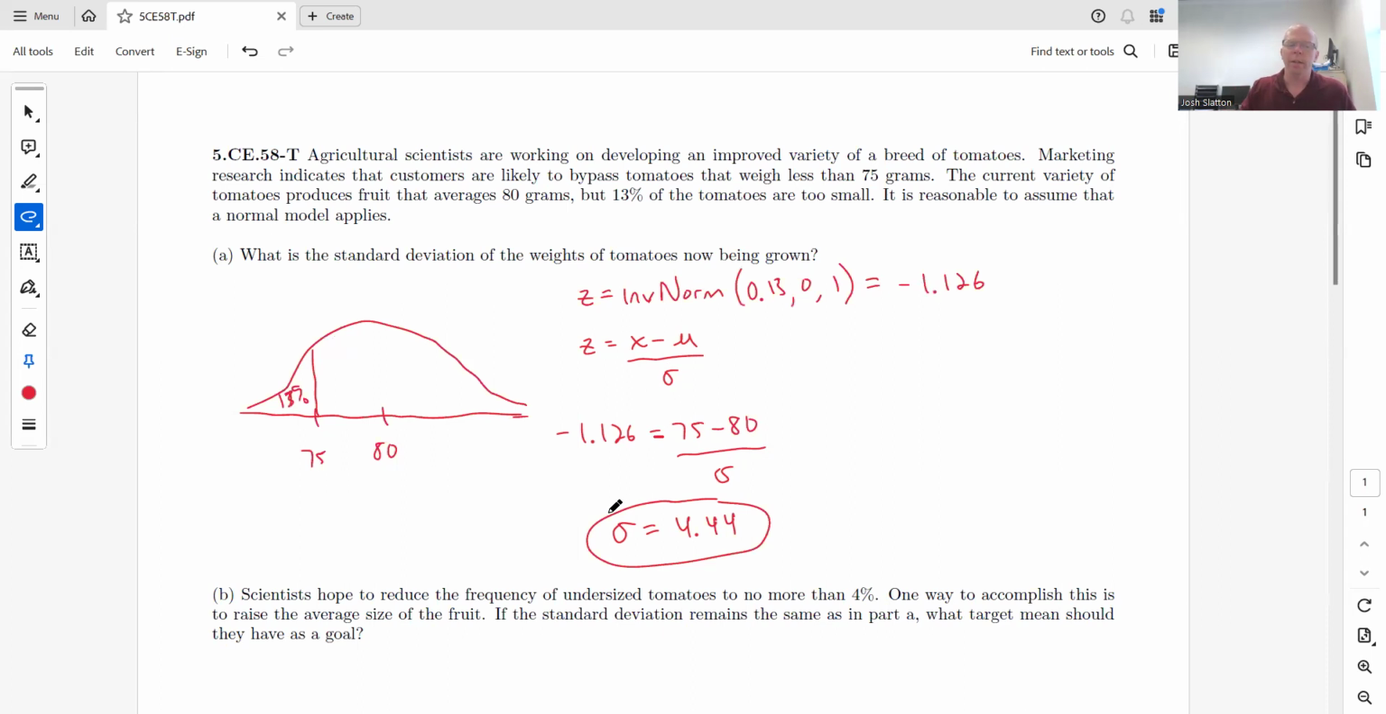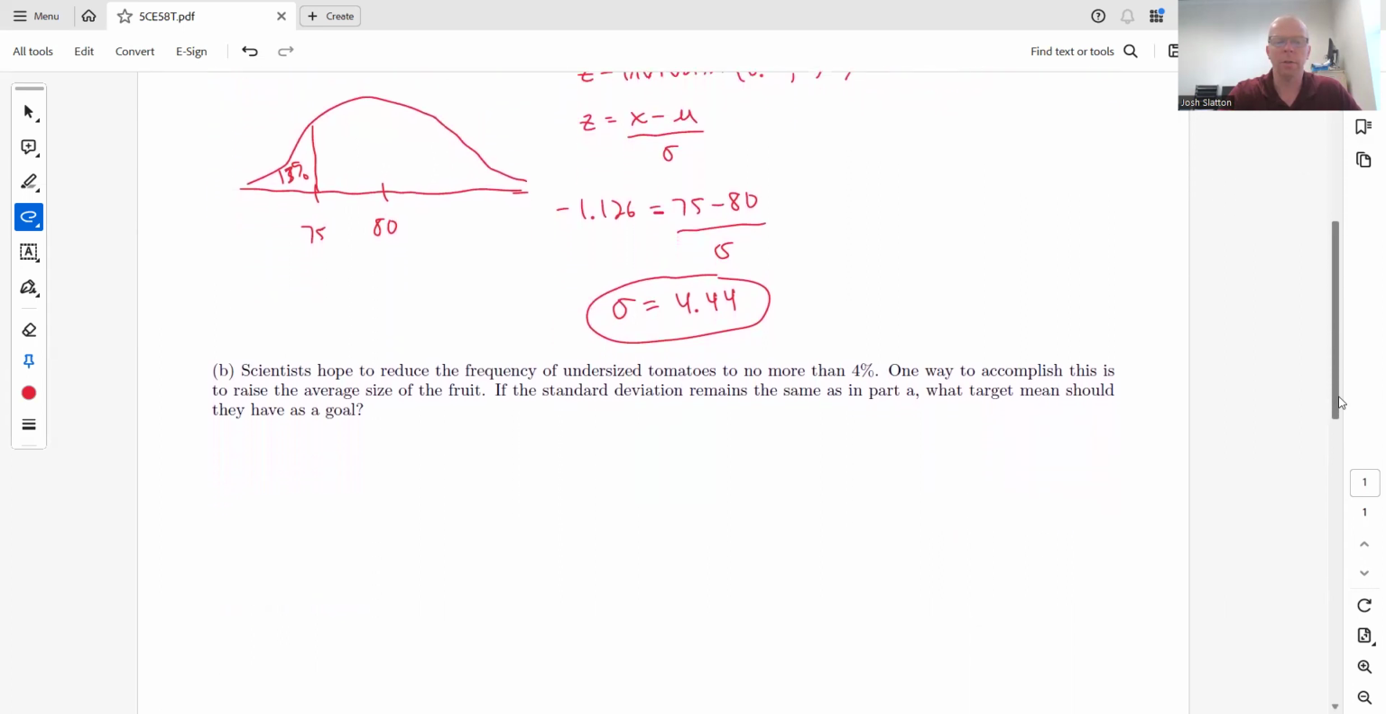All right, and then you can check to see if this is correct. You can do a normal CDF where you're going from 0 to 75, mean of 80, standard deviation of 4.44, and see if you get roughly 13%. It's not going to be exact, but roughly 13%, and that should work out. So then the next part,